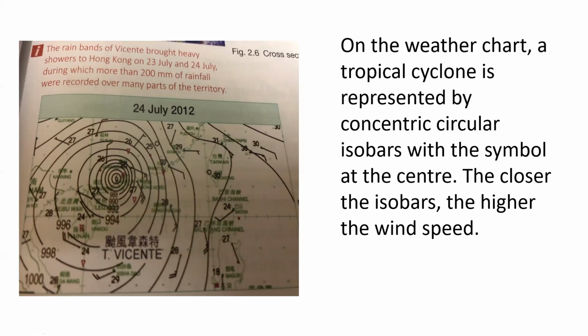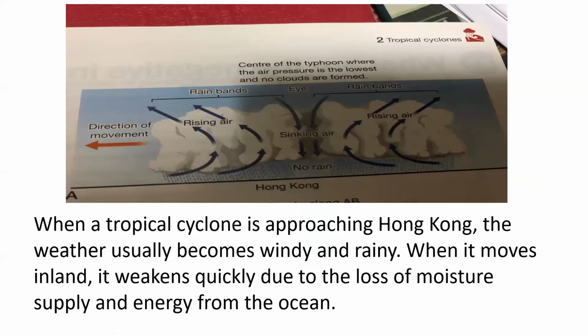We call the eye of typhoon 風眼。Okay, the closer the isobars, the higher the wind speed. Okay, so you see, oh, the isobars are very close to each other. That means the wind speed is very high. Okay. 當嗰個氣壓線越近嘅話，個風速係越高嘅，即係啲風好勁啦。